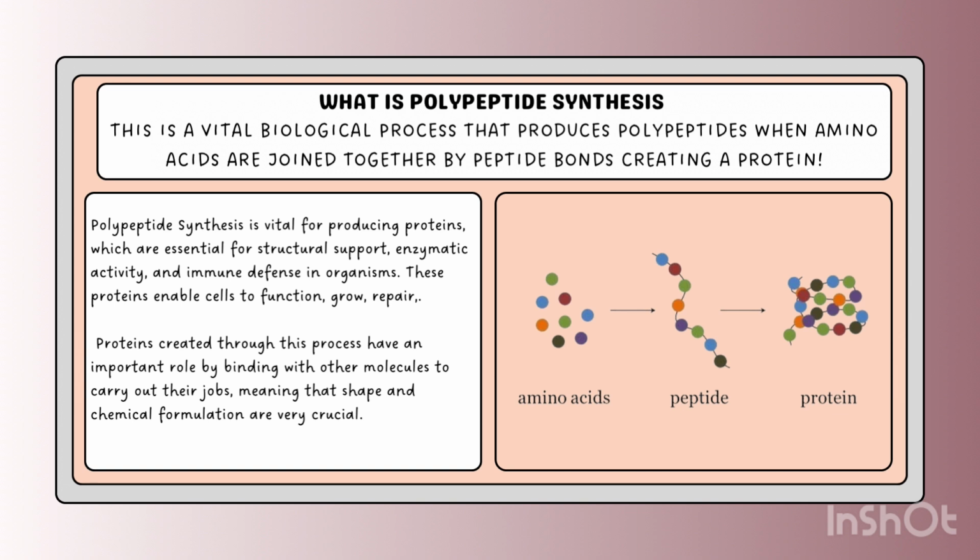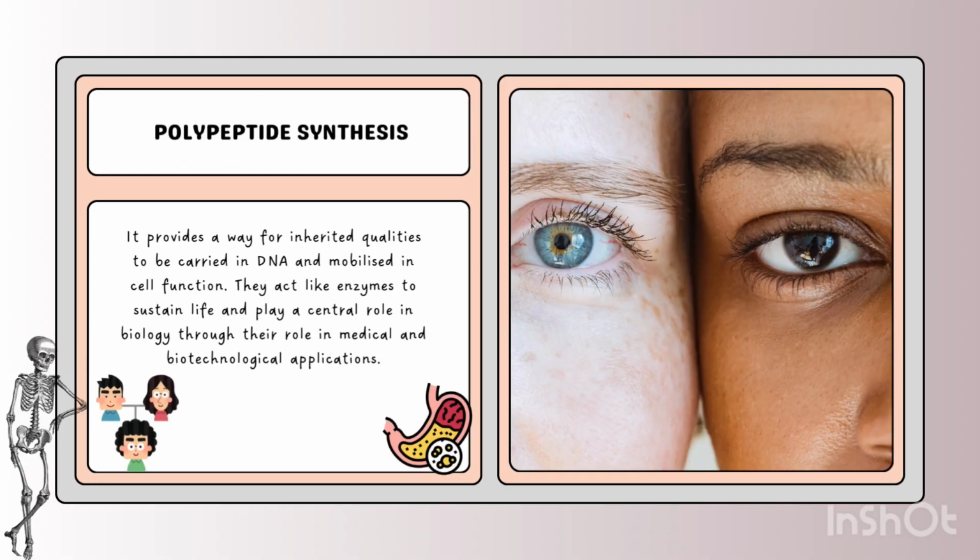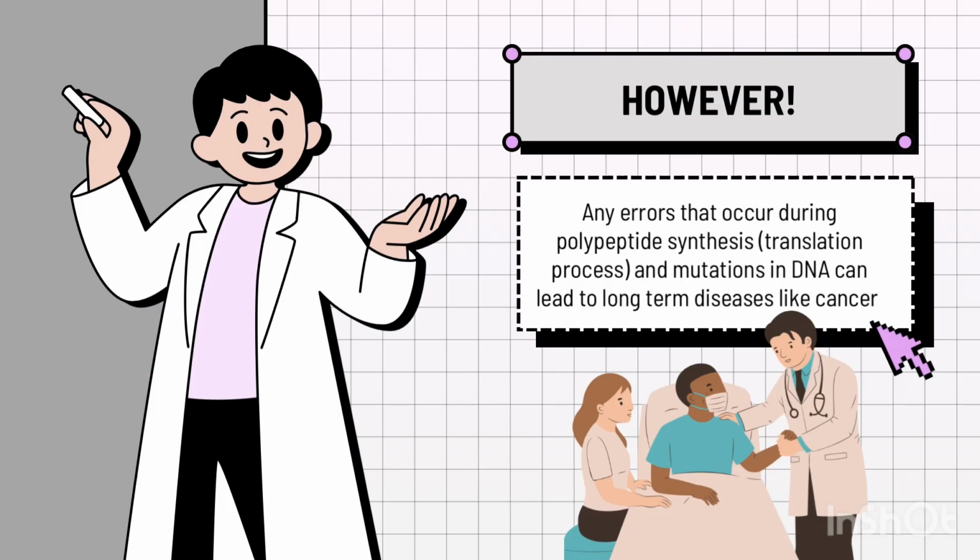Proteins created through this process have an important role by binding with other molecules to carry out their jobs, meaning that shape and chemical formulation are very crucial. It provides a way for inherited qualities to be carried in DNA and mobilized in cell function. They act like enzymes to sustain life and play a central role in biology through their role in medical and biotechnological applications. However, any errors that occur in this process during translation and mutations in DNA can lead to long-term